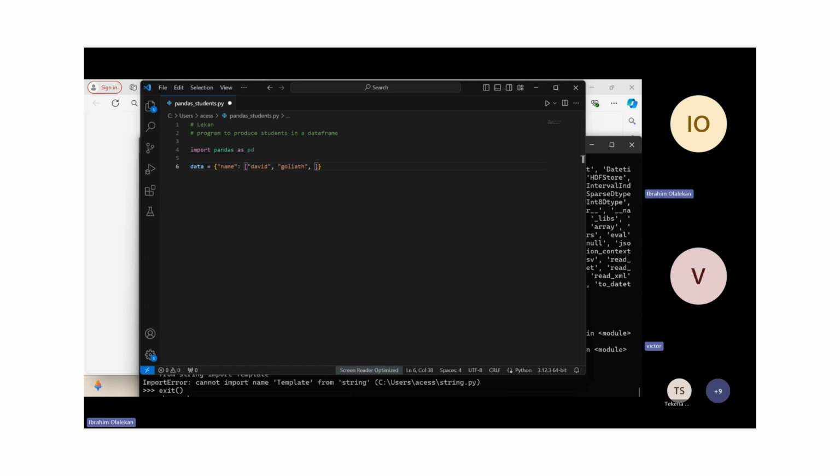Okay, let's put John. Quote, J-O-H-N, right quote, then next we put Judas, comma, space, quote, J-U-D-A-S. Okay. Now, after the close square bracket,